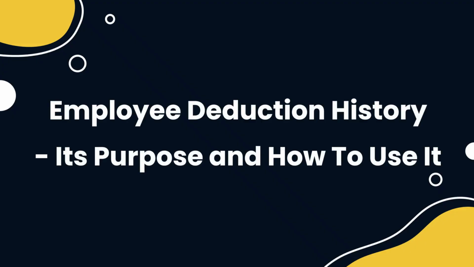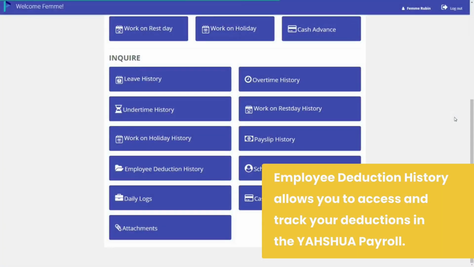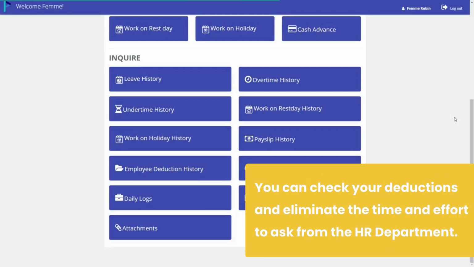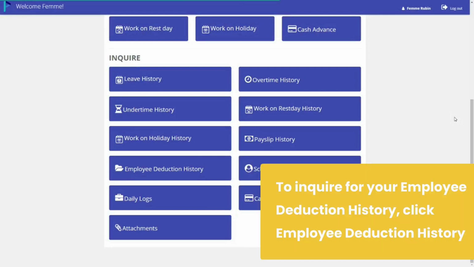Employee Deduction History, its purpose and how to use it. Employee Deduction History allows you to access and track your deductions in the Yahshua payroll. You can check your deductions and eliminate the time and effort to ask from the HR department. To inquire for your Employee Deduction History, click Employee Deduction History